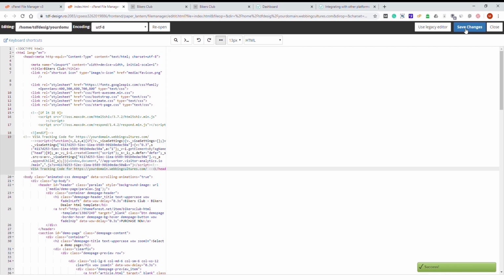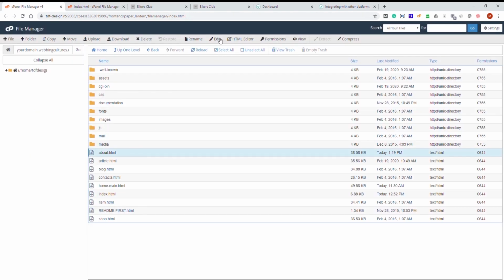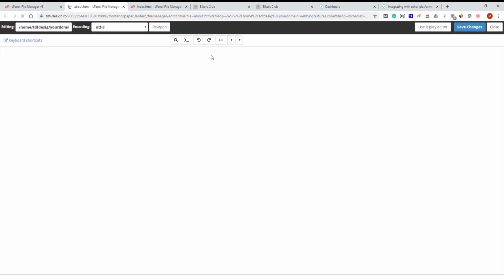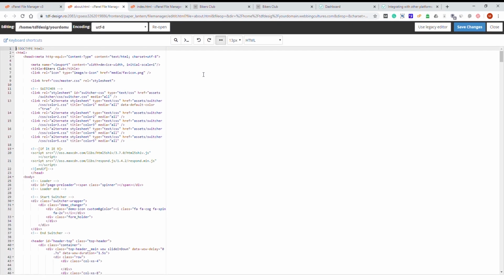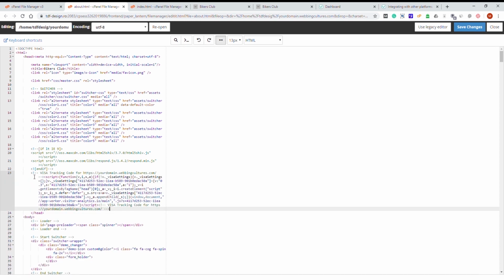For some HTML websites that use HTML templates, this may be enough to track all of your pages. In other cases, when the head section is not automatically updated for all of your pages, you will need to paste the code into all the pages you want to track, one by one. So I just repeat the same process for the About page you just saw. After that, I am done and ready to get all the visitor stats to these pages.